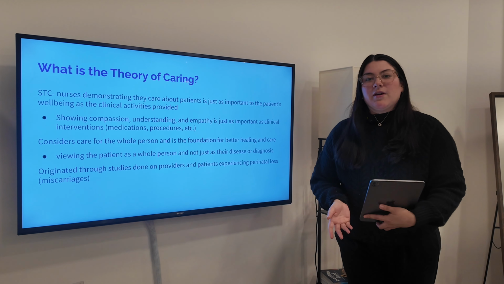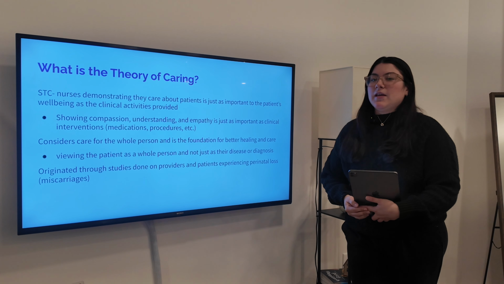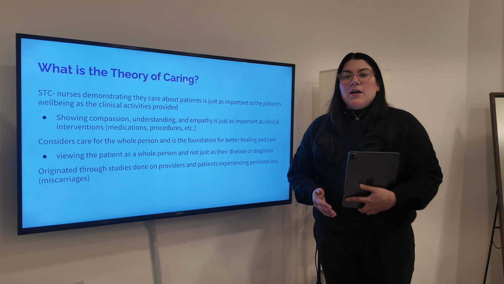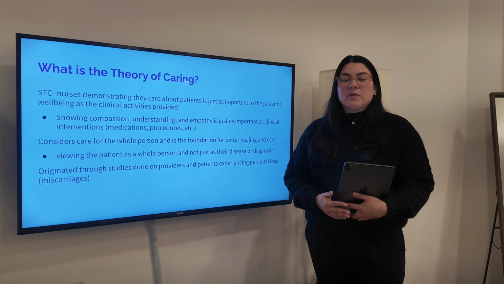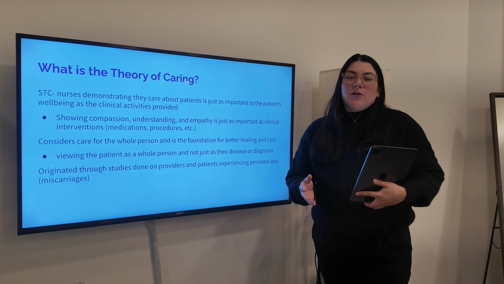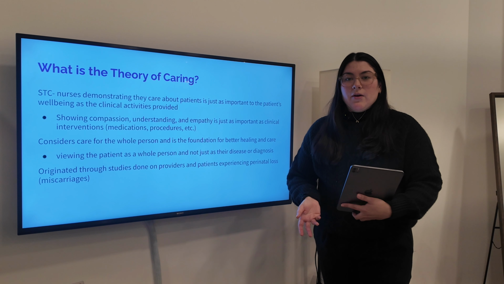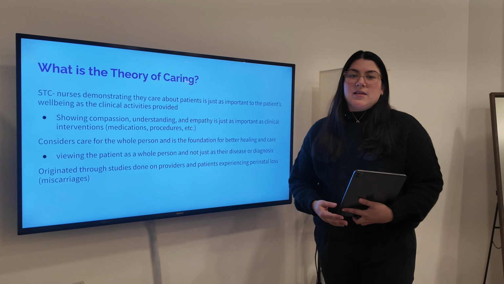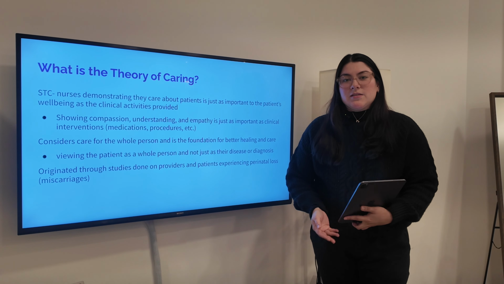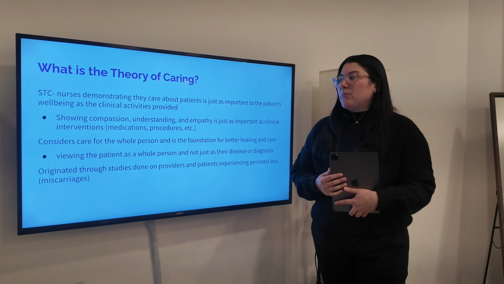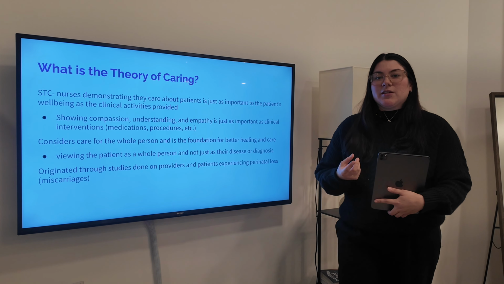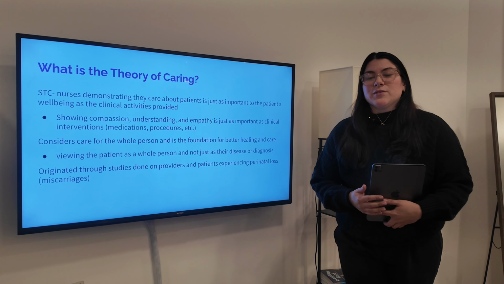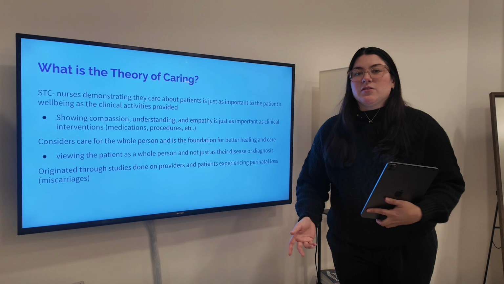So what is her theory about? The Swanson theory of caring basically talks about how nurses showing that they care is just as important as the medical interventions that they give. So, for example, showing compassion, understanding, and empathy is just as important as clinical interventions, such as giving medications or